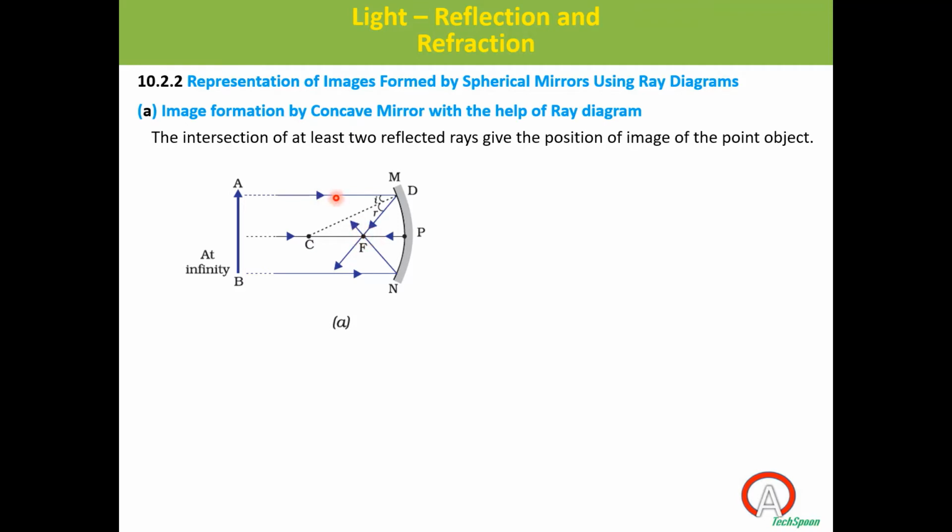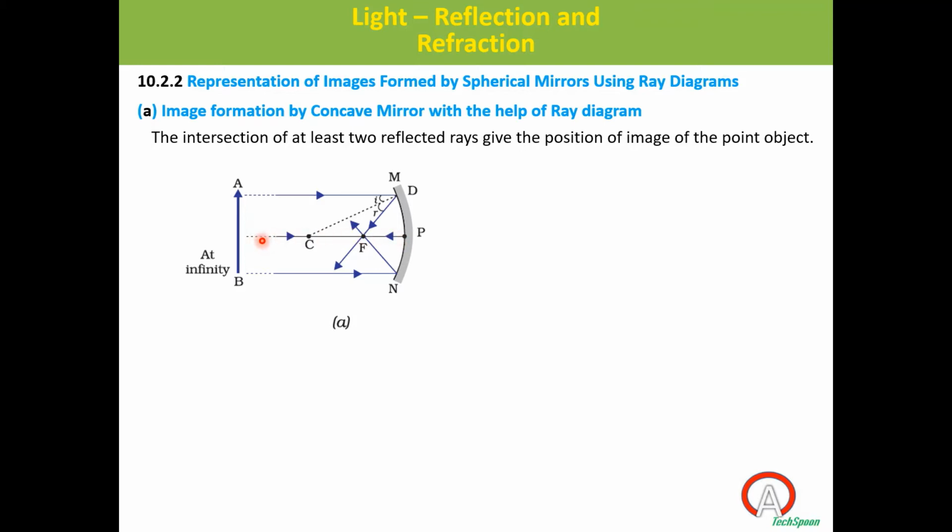We have to consider 2 reflected rays, right? Second ray, you see this ray. How is it passing? This ray is passing through the center of curvature. So, we studied this as case 3. If a ray is passing through the center of curvature, after reflection it will reflect back along the same path. Incident ray like this, then reflected ray on the same path. Both are not the same. Reflected ray also is there, but it follows the same path.